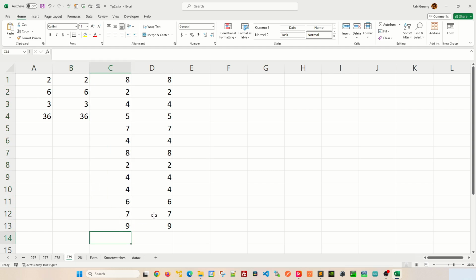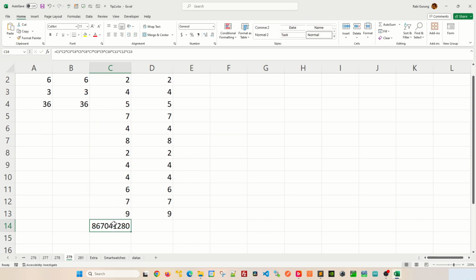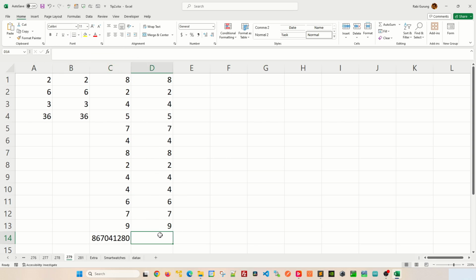So if you were to use an asterisk operator, this is what it looks like. As you can see, to get the final result, there's a whole lot of typing that you're gonna have to do. But if you were to use a product function for a large number like this, all you have to